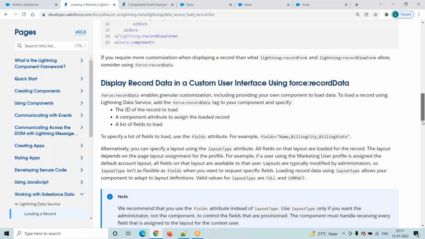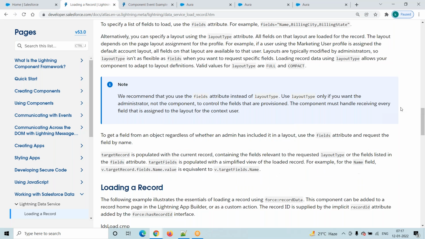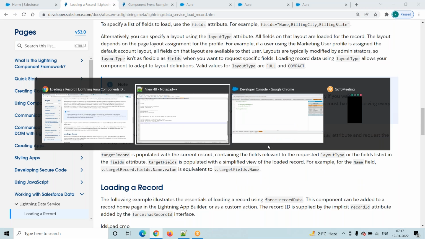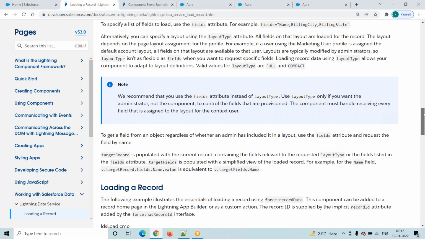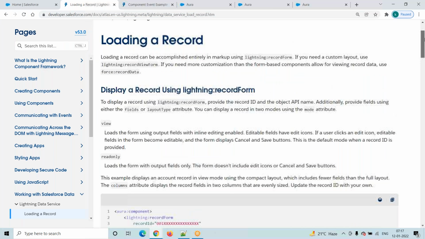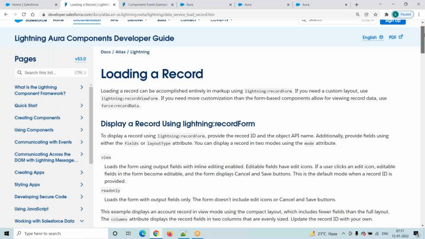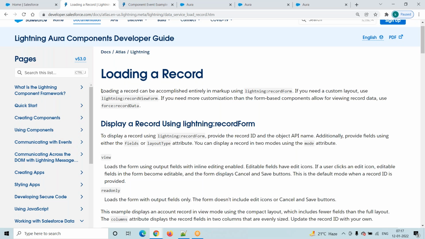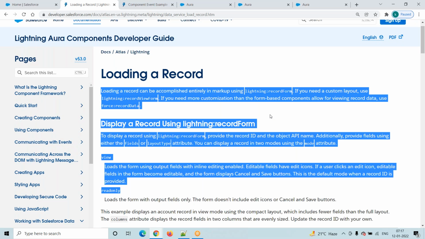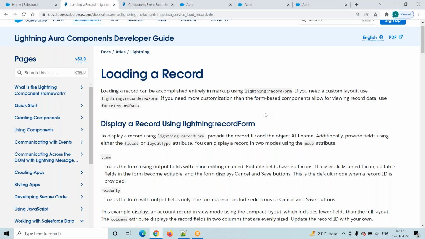If you have any questions, let me know. What I'm trying to say is aura colon method, aura colon attribute, and after that you have to go to lightning data service. I will share one or two examples. This is a simple one, and in interviews sometimes they will ask. This is complete lightning. This is enough, and this is for today's session, and the next session